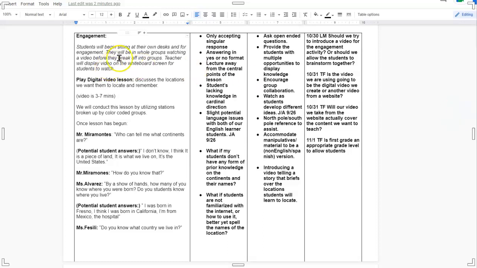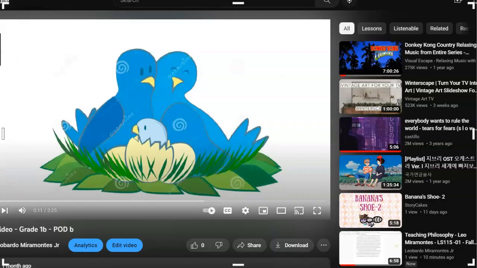So if we look over here, students will begin sitting at their own desks for engagement. They will be in whole groups watching a video before they break off into groups, similar to how we did it in the classroom version. The students would start off watching the video. So if we could take a quick look at the video,